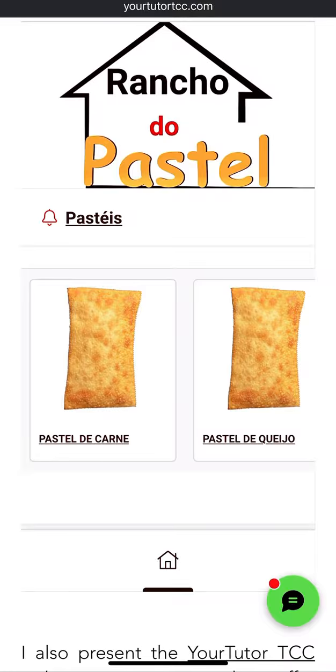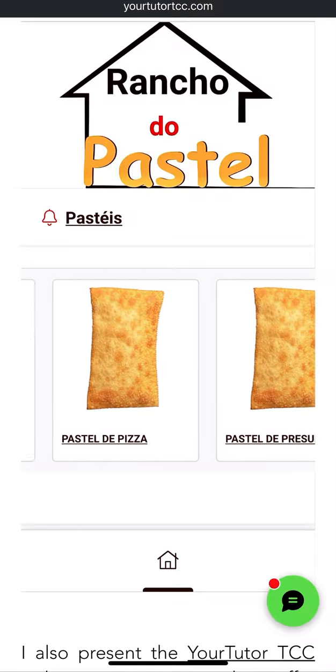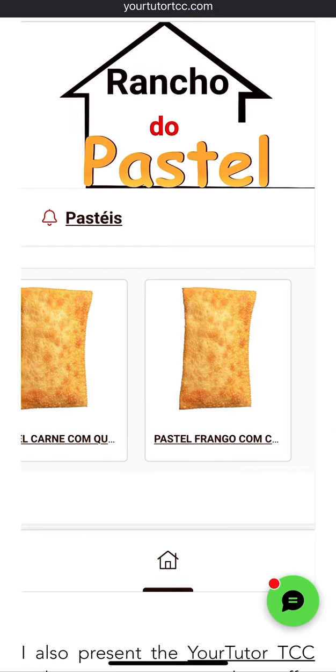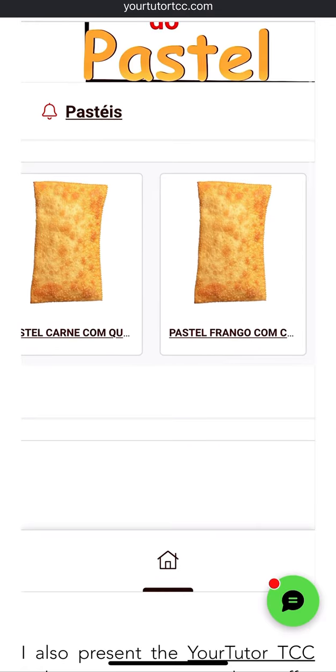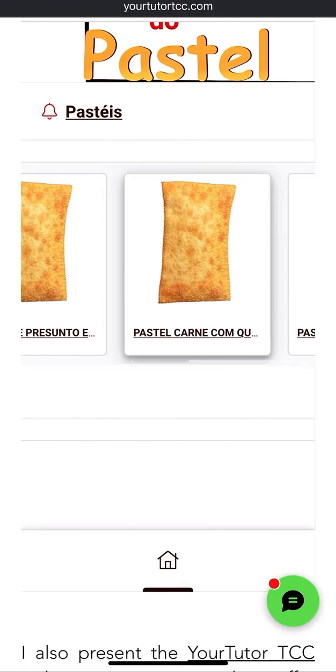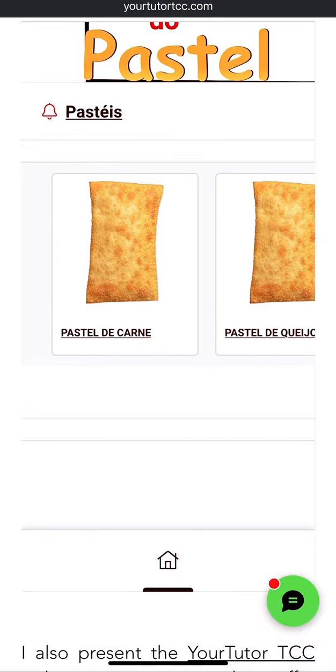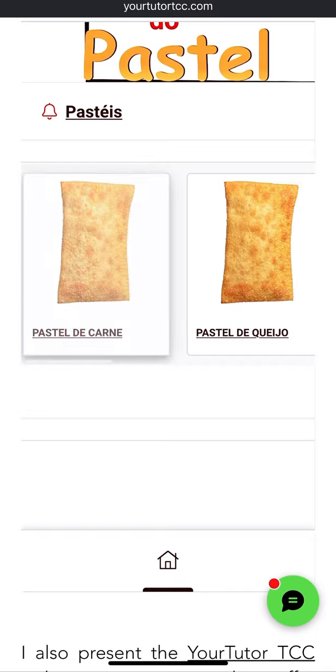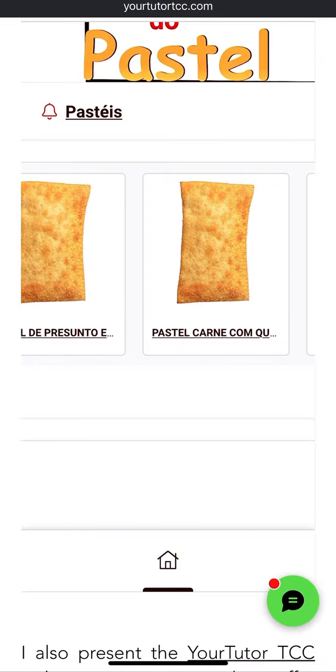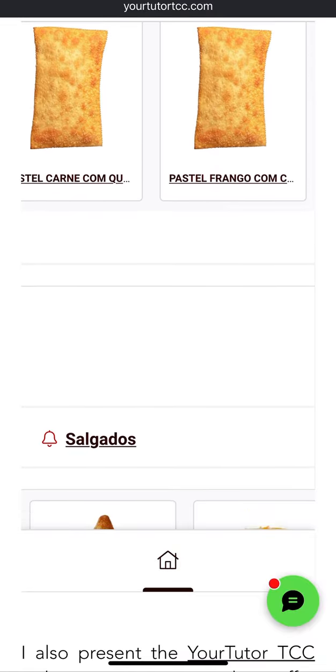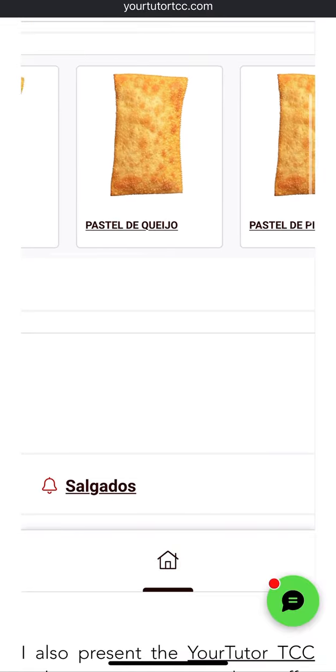fried empanadas, we could say. But the real name is pastel. I am just trying to explain to you guys: pastel de carne, pastel de queijo, pastel de pizza, presunto. You get it? So if you are like,